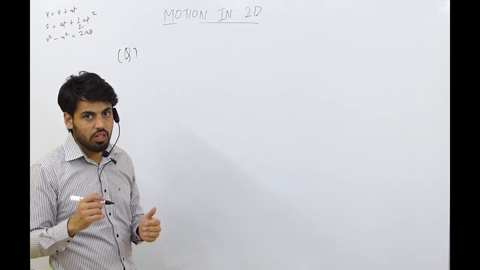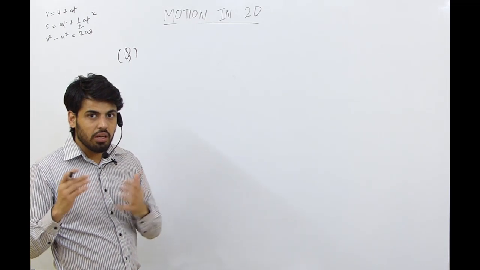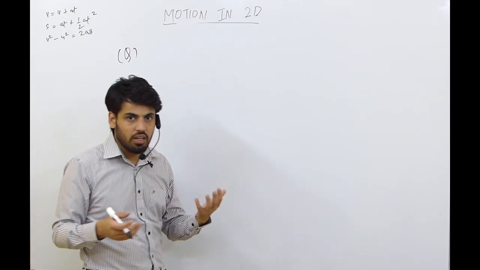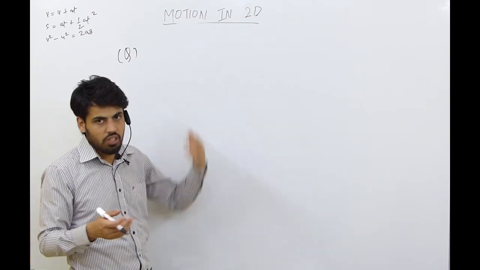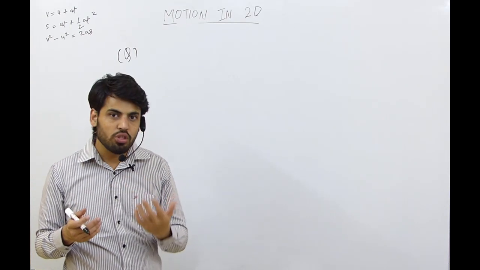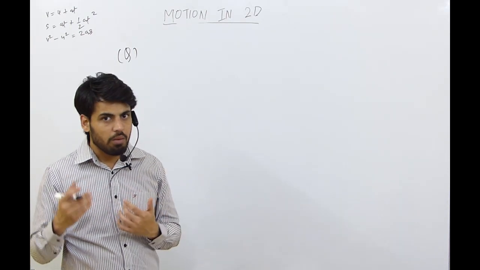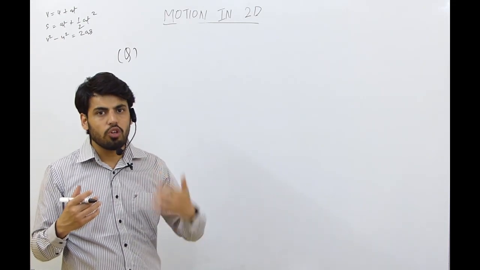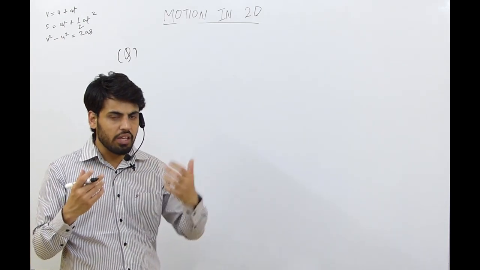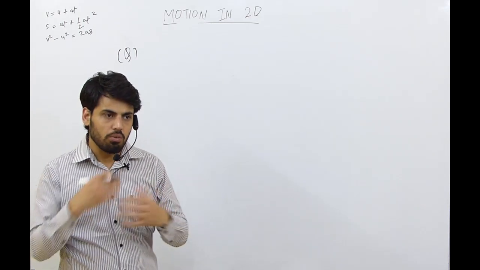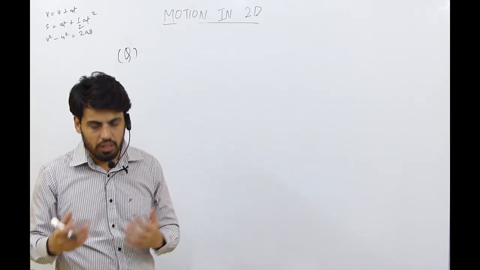One more thing: in the options, if projectile is not written, then it is parabolic motion. So you just take the parabolic motion, because this is the same phenomenon that we are discussing in 2D. The options will have hyperbola, circular motion and so on. So you will just take parabolic motion when acceleration is only in one direction and the motion is of the 2D kind, like velocity is in the x and y directions and acceleration is only in one direction. So the path followed will be parabolic.